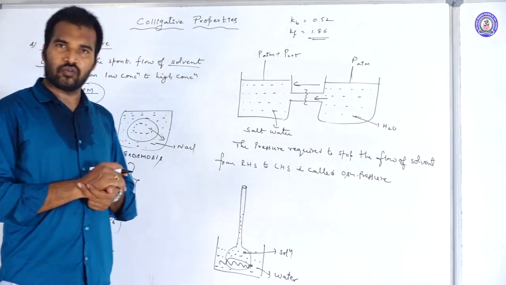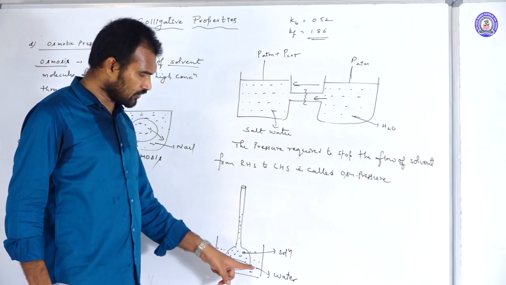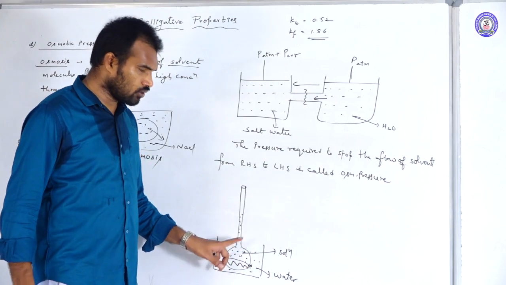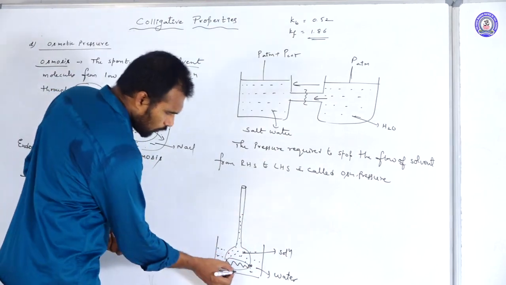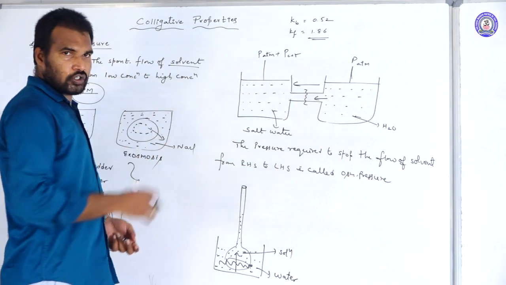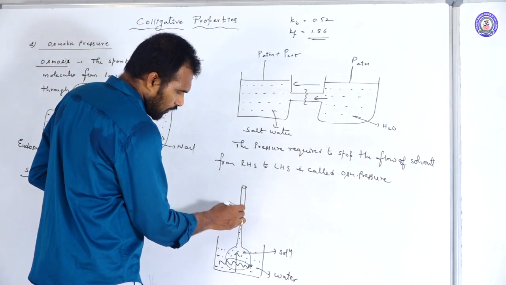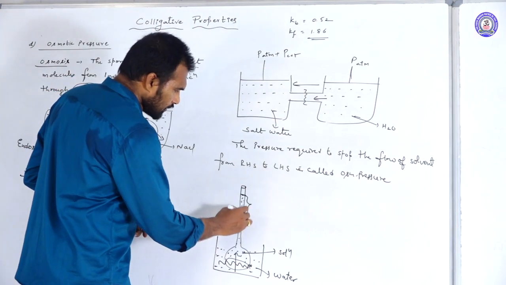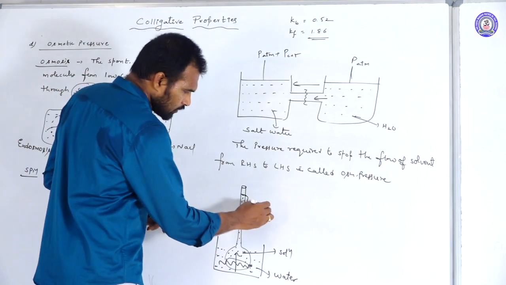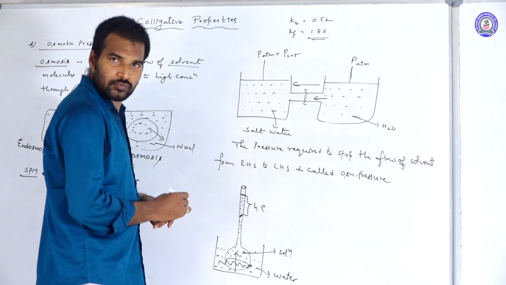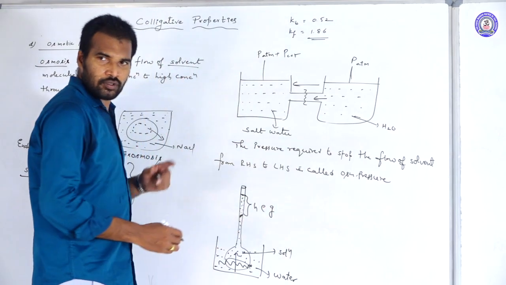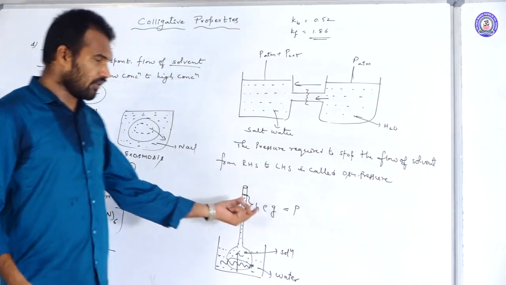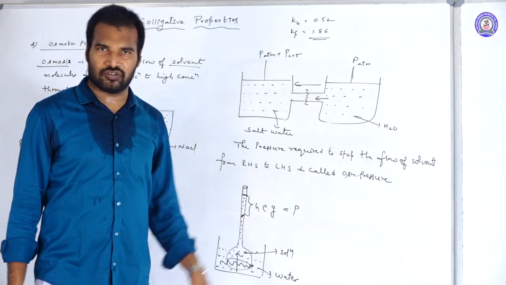Now tell me what happened, with the movement of water into this, to the level of height in this funnel, what do you think? This is a solution and this is a solvent. Definitely water has lesser concentration, the solution has more concentration. So there is movement of water from water to solution. This is the initial, and after a certain time the level of water will increase, and this increase is H, the density is rho, and the gravitation is g. Rho g h is called what? Pressure. P is equal to rho g h, we have a formula.